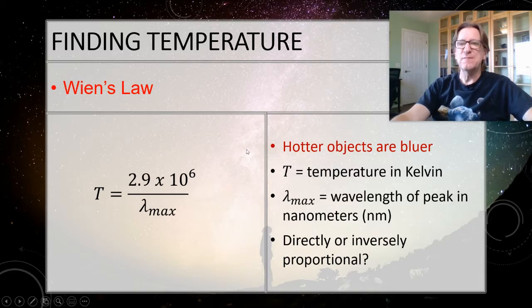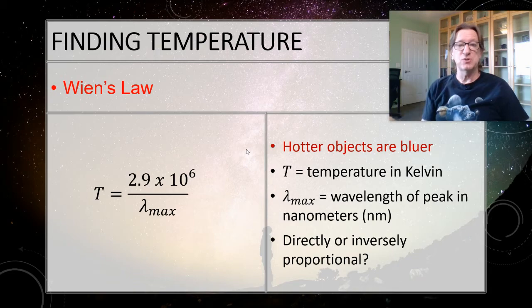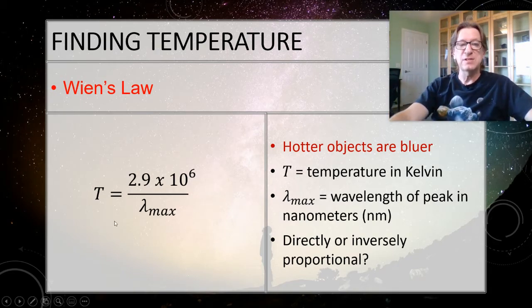All right, so Wien's law is that relationship. We just discovered that hotter objects are bluer. So that's all that Wien's law says. Now you remember from last time that this lowercase Greek letter lambda means wavelength. Call it chicken foot, I don't care. This is the wavelength, and we mean the peak wavelength.